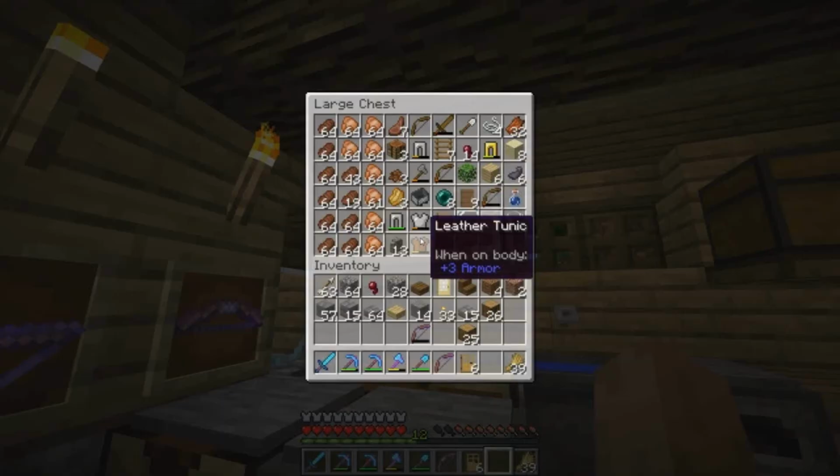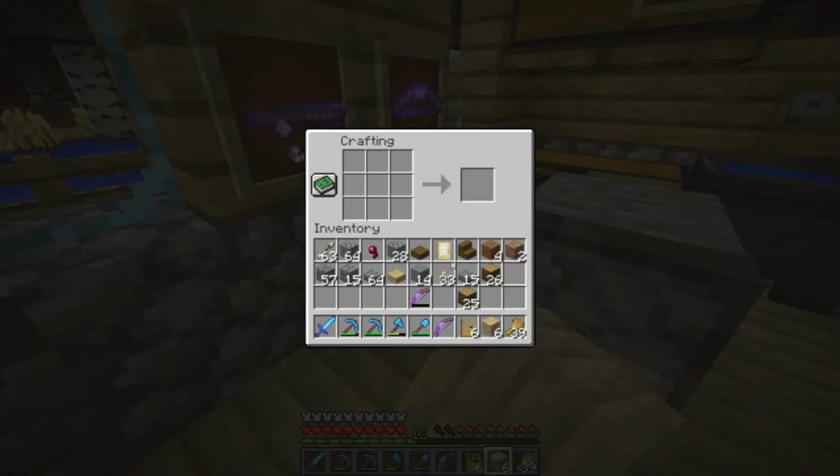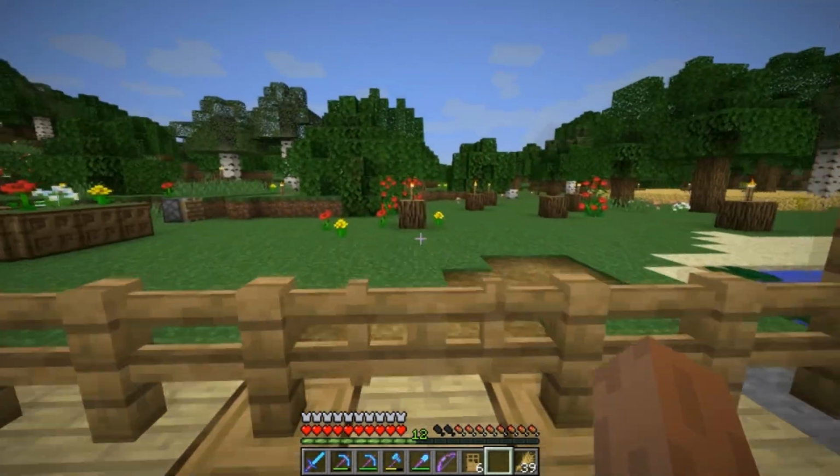I'm here for birchwood, which I don't believe is up here. Oh, there's some birchwood there. But I wanted to look at what the other doors look like. You know, actually, I don't even think I have